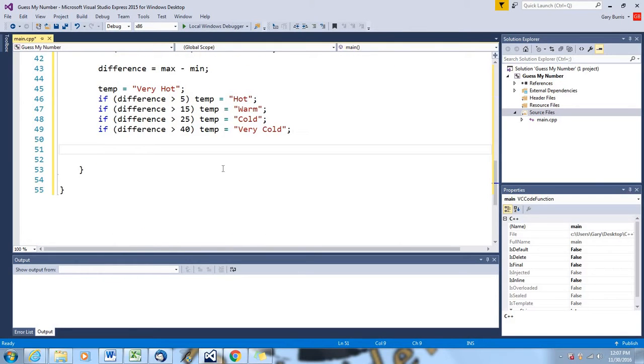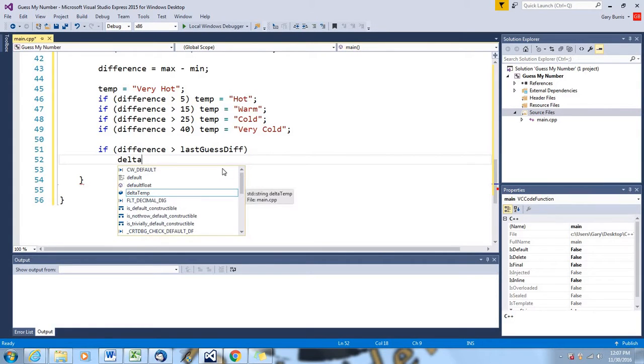So we're going to see which one is closer. So we're going to go if difference is greater than last guess difference, last guess diff, then we change that delta temp